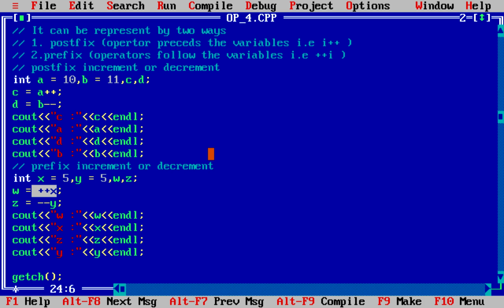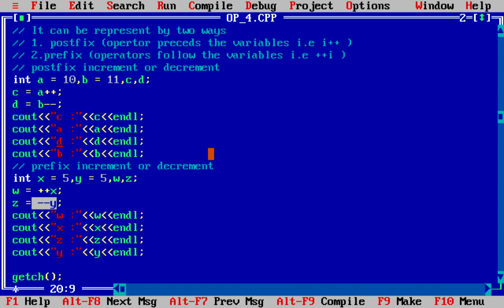Now ++x means that it will increment the value 5 by 1, and after that it stores the value, that is 6, into w. It is the same for decrement: first we have to decrement it by 1, then store the value to another variable. Here --y means that the value 5 will be decremented first by 1, so it becomes 4, and now the value 4 will be assigned to z.